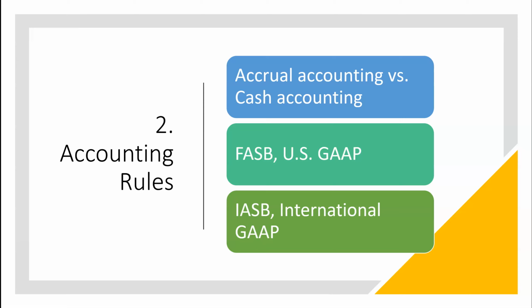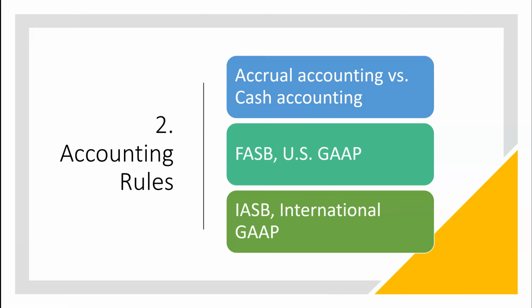Whereas with cash accounting, we only look at transactions based on, did cash change hands? If cash changed hands, then we would record something. With accrual accounting, cash does not need to have changed hands for us to record something. An example would be recording accounts receivable. Cash doesn't change hands when we record accounts receivable. So we can sell something to somebody without having cash change hands. And without cash changing hands, we would then record a receivable, and we would actually record that in the accounting system. That's part of accrual accounting.